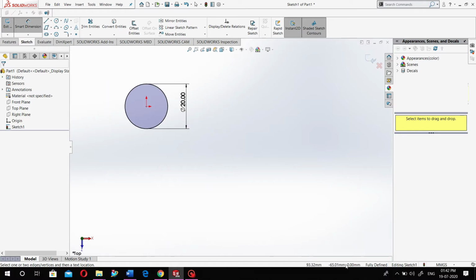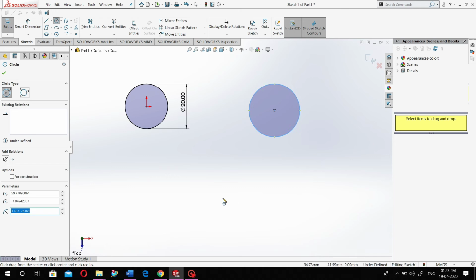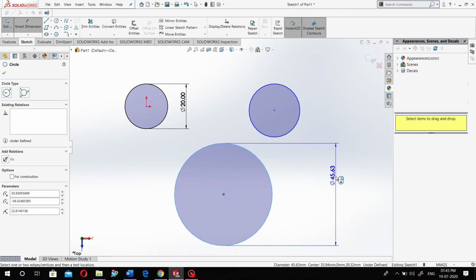Here you can see that it is fully defined. In the last tutorial we saw why it is important to make a sketch fully defined. In the same way you can draw many circles. Then just give dimensions to the circles.